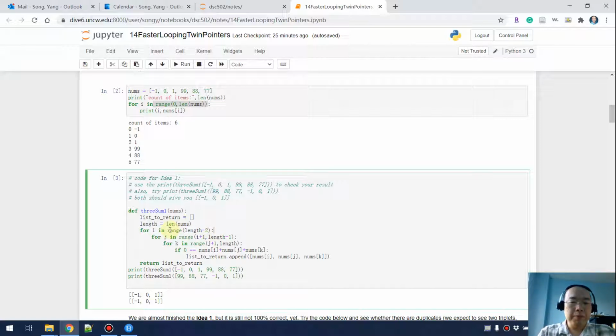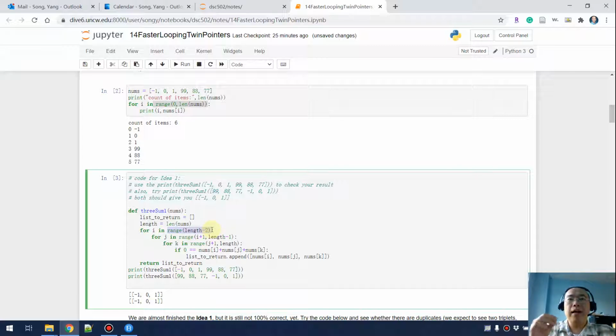Okay, so I'm starting the search from 0, and then you may say, okay, I should do 0, comma, the length minus 2, but you don't have to. If you only do the range with one value, that value is the endpoint, and the start point, since I didn't specify, will be 0. Okay, so for this part, I'm going to start the search for the I from the index 0,